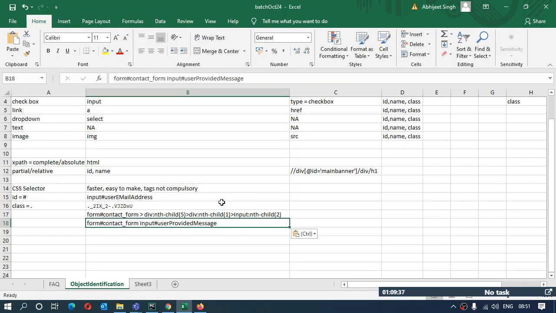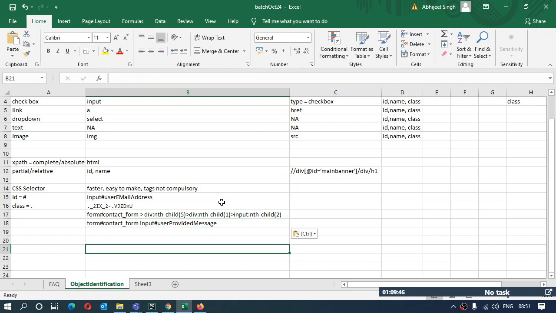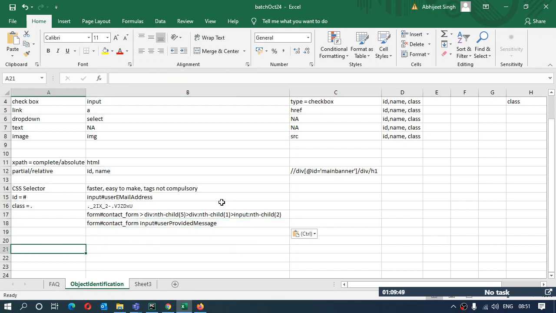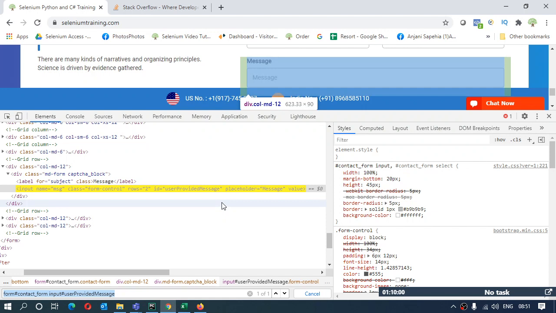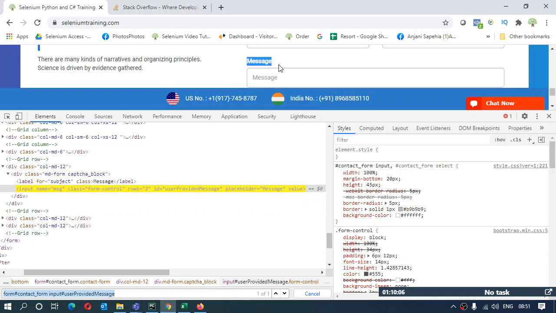Right. Now this was about the basic things about the CSS selector and the XPath, the locators. There are a few more things, like there are some specific XPaths coming up, like the text. For text, what happens is you can make a specific type of XPath to identify it. Like on some websites, there are some calendars or some pre-default text. Right, this message you can see. This is a pre-default text which is inside the tags. So I want to extract this only. So what I can do is I can use another type of XPath, which is basically with the help of JavaScript functions, which you can use as well.